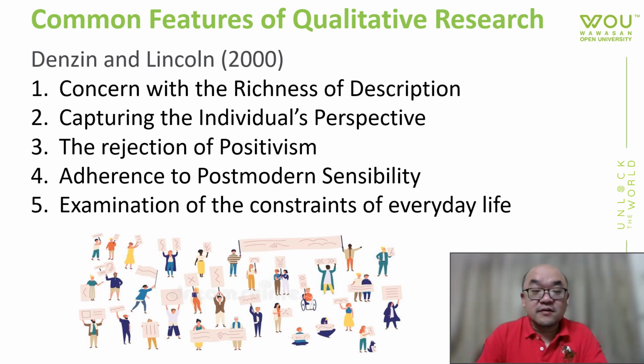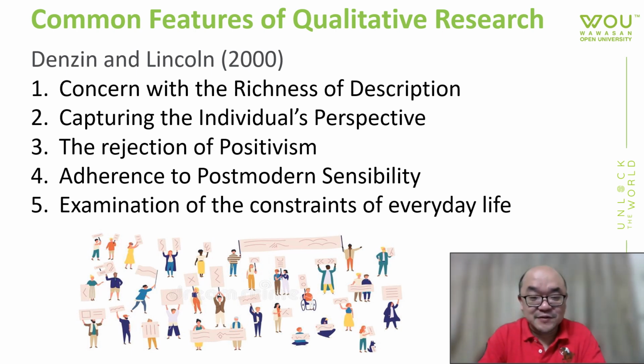And the third feature is the rejection of positivism, as mentioned just now. It is incompatible. Positivism is the idea that the universe itself is objective and you are able to find out about the world through objective measures and empirical experimentation, and that things can be boiled down to several factors regarding what you're looking at. Qualitative research is totally against that idea. Not that in all cases it's not possible, but qualitative researchers say that it's not meaningful to do so. What is the point of doing it?